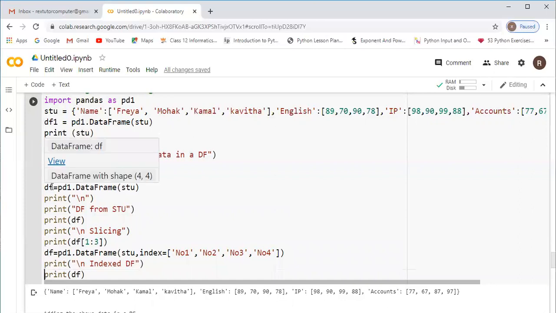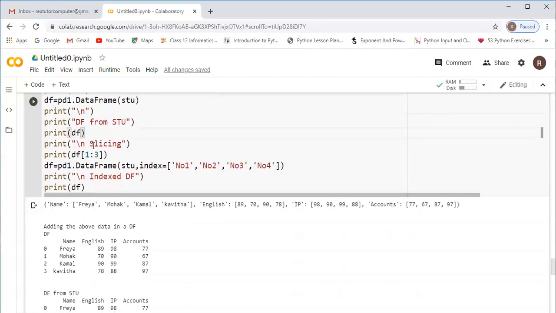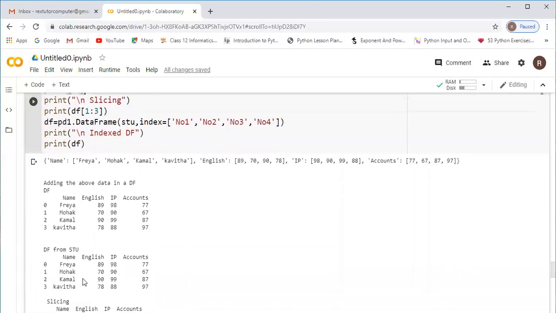Here now I have given df is equal to pd.DataFrame of stu. So now in the print, you see df1 is given in print, and here I have given df. So this way, the same data, in however many data frames you want, you can use it. So the same data only, but with a different name. That is why I have given df from stu.